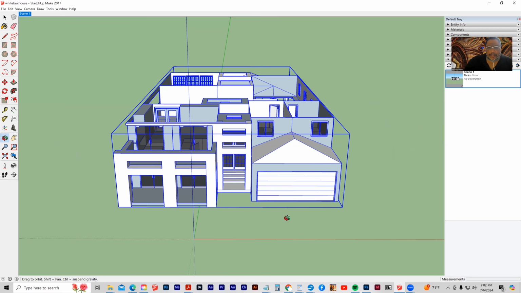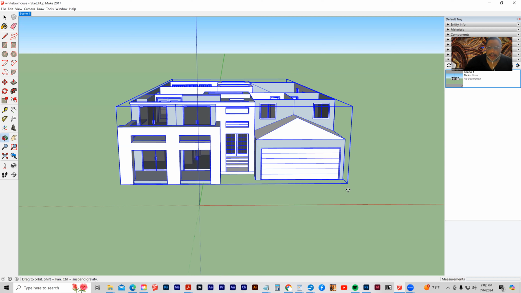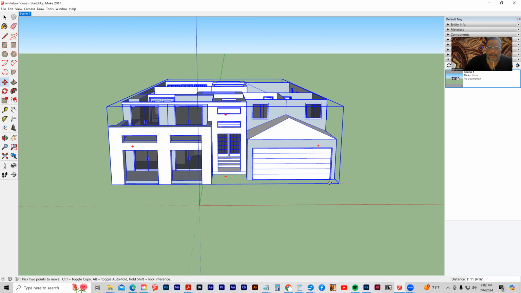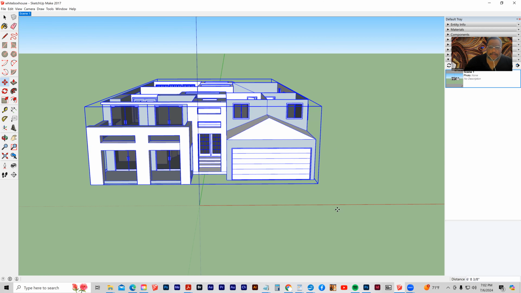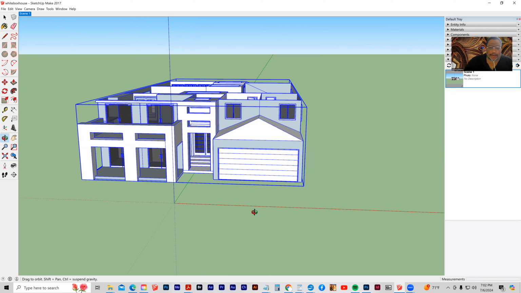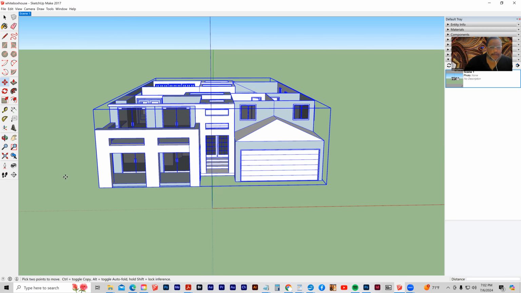All right. And actually, what I think I'm going to do is I'm going to click and move it so it's centered right at that front door. Now, next thing I want to do is I want to grab my tape measure tool and I want to click and draw. Let's close this. Looks like it's selected. I want to grab my tape measure tool and I'm going to click there and drag out a